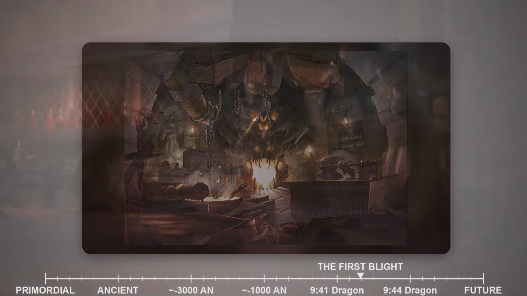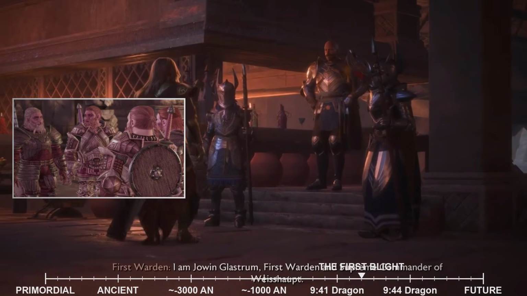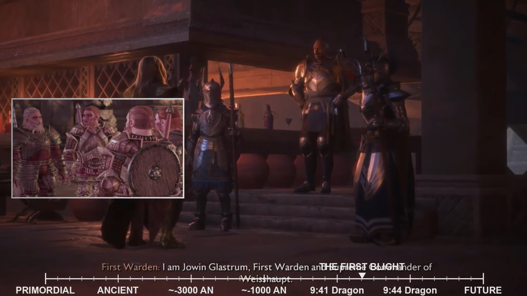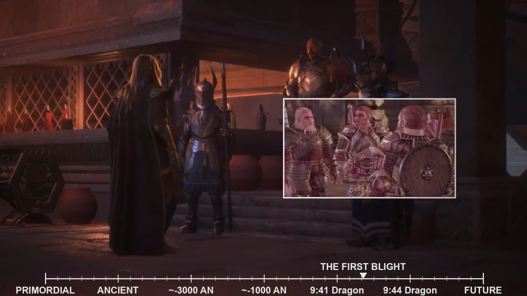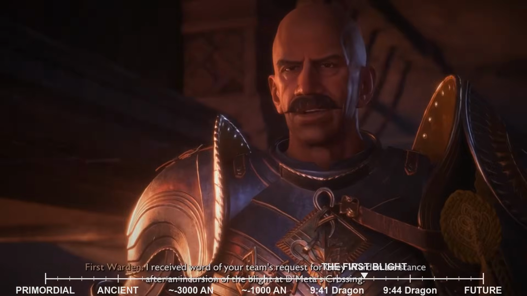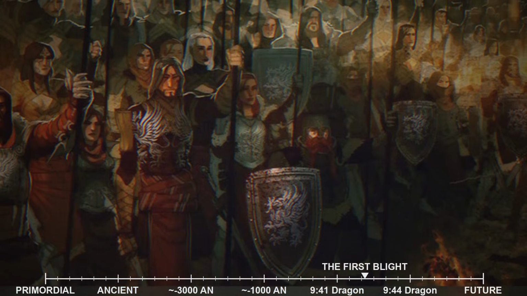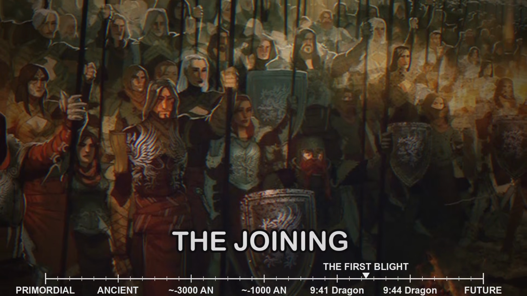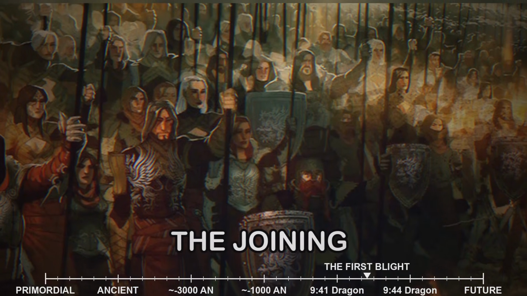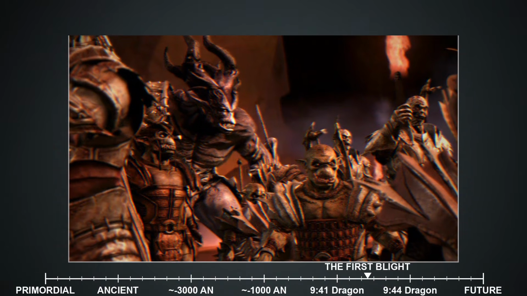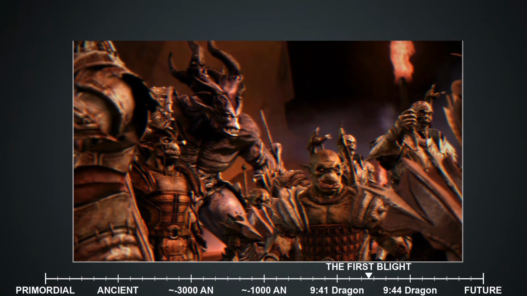These founders included powerful mages who had studied the nature of the Blight, warriors who had survived countless battles against the Darkspawn, and dwarven strategists who understood the enemy's tactics from years of underground warfare. The Grey Wardens developed the Joining, a ritual that would define their order forever. The Joining required initiates to drink a mixture containing Darkspawn blood, the very essence of the corruption they fought against.